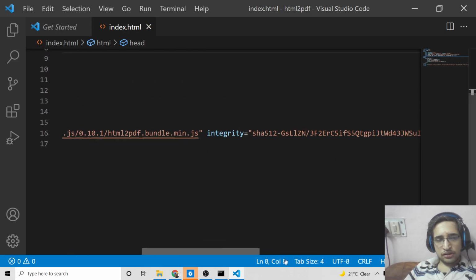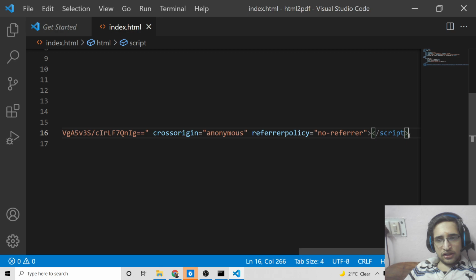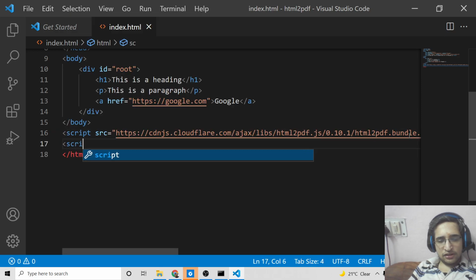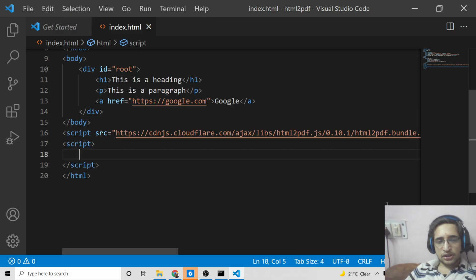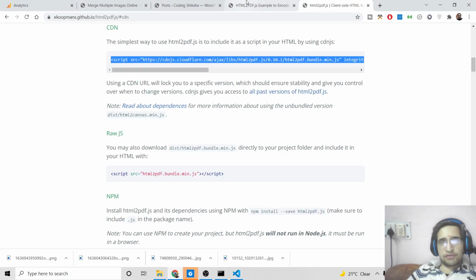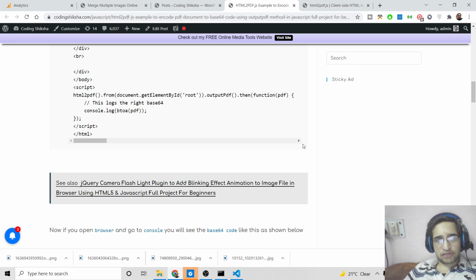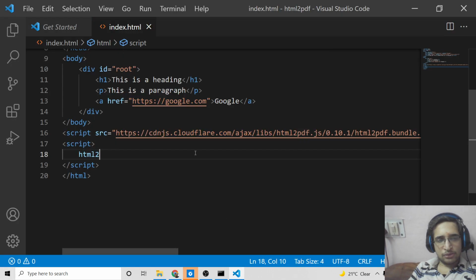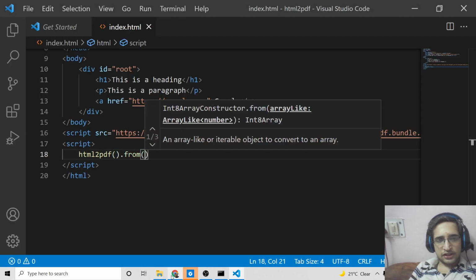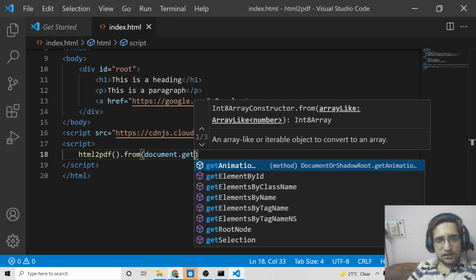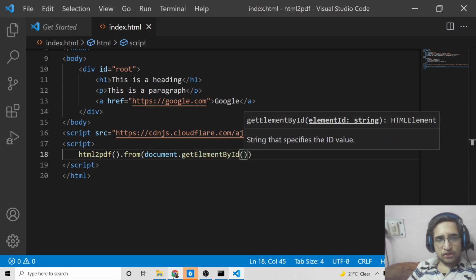After that, guys, in order to generate a PDF document, it is very simple. We will just make a script tag once again, a custom JavaScript script. As you know, we will be using the output PDF method of the HTML to PDF library. What you need to do is call the HTML to PDF library, and after calling this, use the from method, and inside this you need to pass the element which you will be converting.